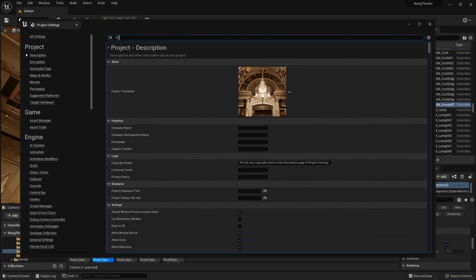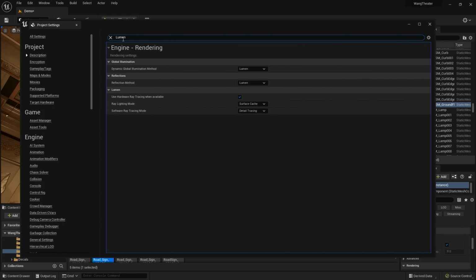And here at the top bar, I'm going to type in Lumen. Now you'll want this dynamic global illumination method to be set to Lumen, as well as the reflection method here. Now this is something that you have the ability to change later in the project if you want a different reflection method, but you can start with Lumen first and make that change later.